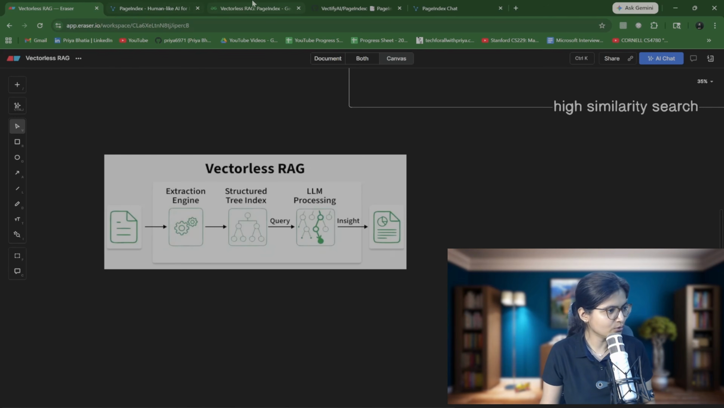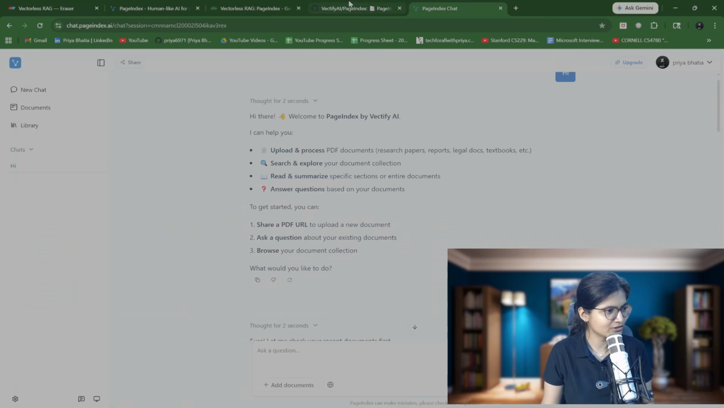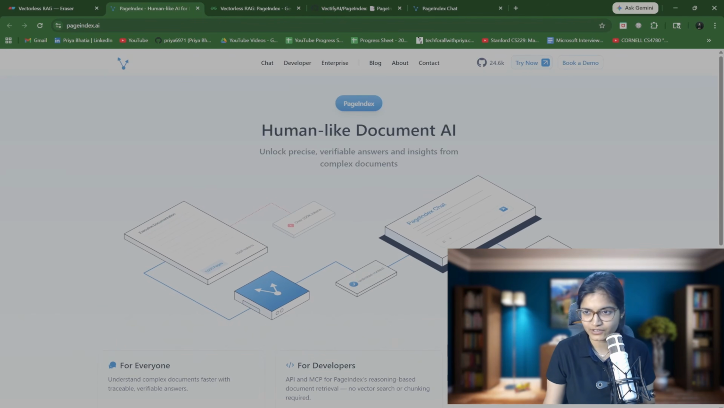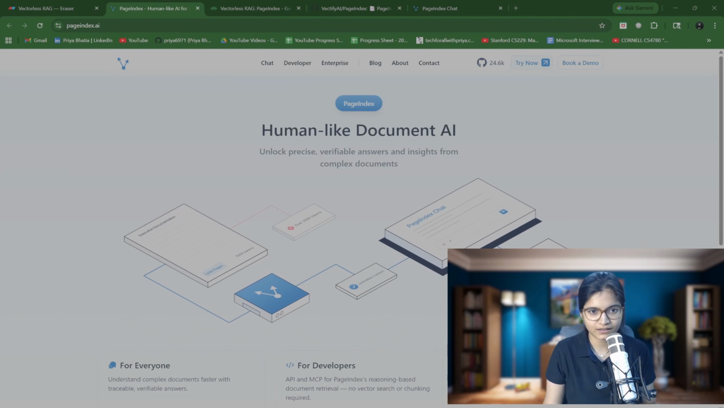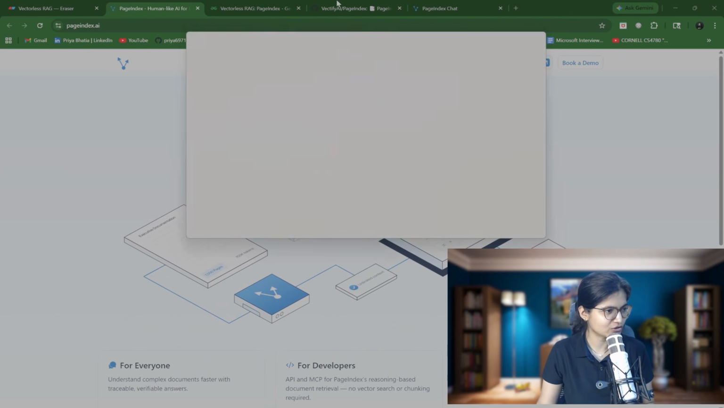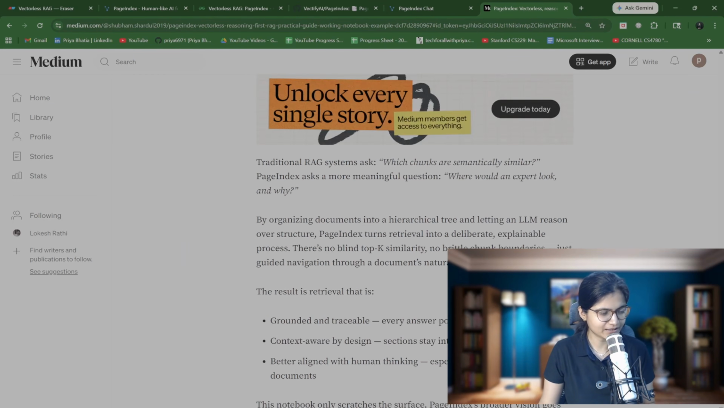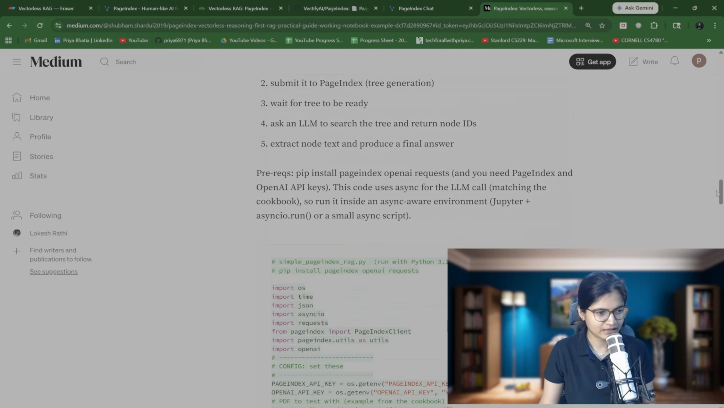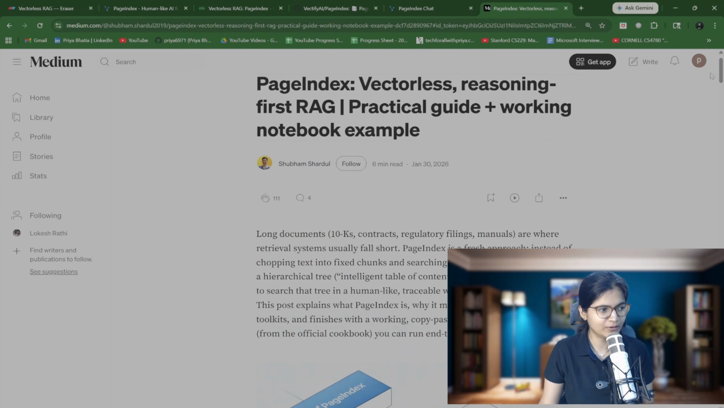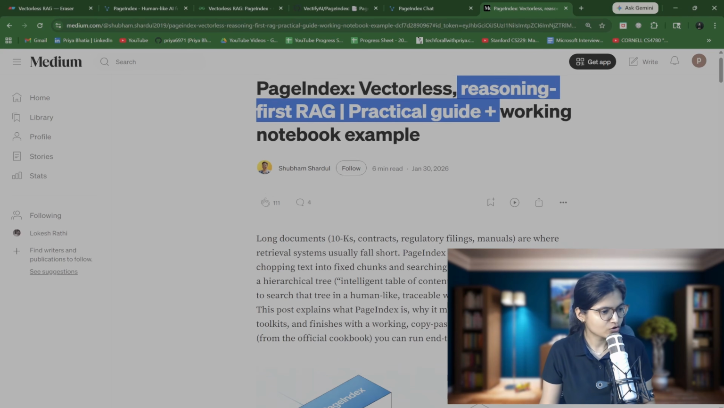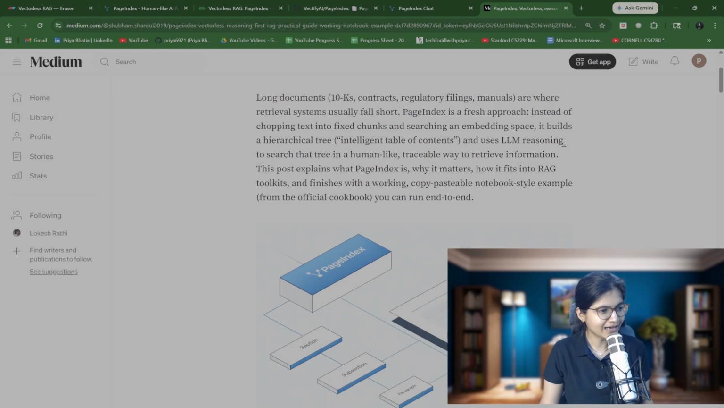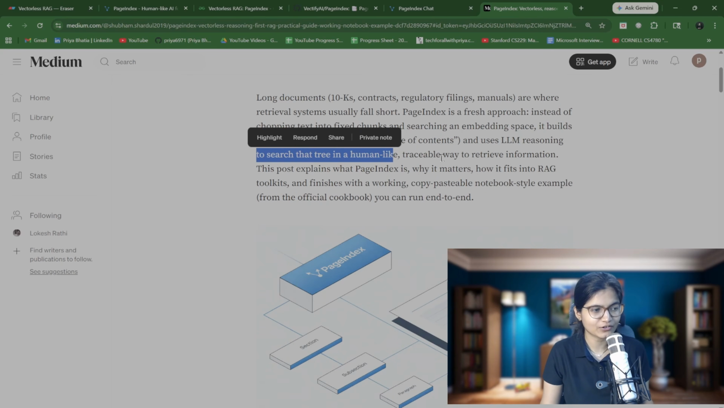Now over here, I was also reading the Medium article. Let me share the link for that as well. This is again one of the articles. You might find a lot of articles available right now for this PageIndex vectorless approach. You will find one common thing: it is a reasoning-first RAG approach. So over here you can see the LLM reasons to search that tree in a human-like, traceable way to retrieve